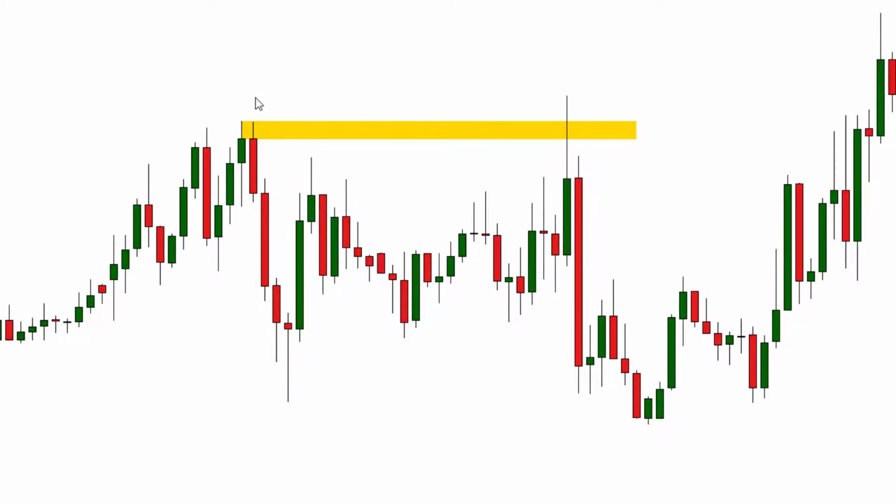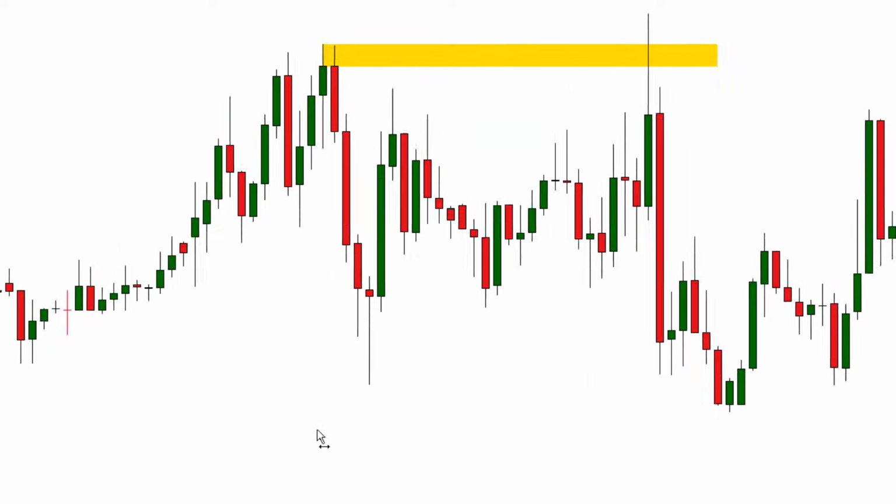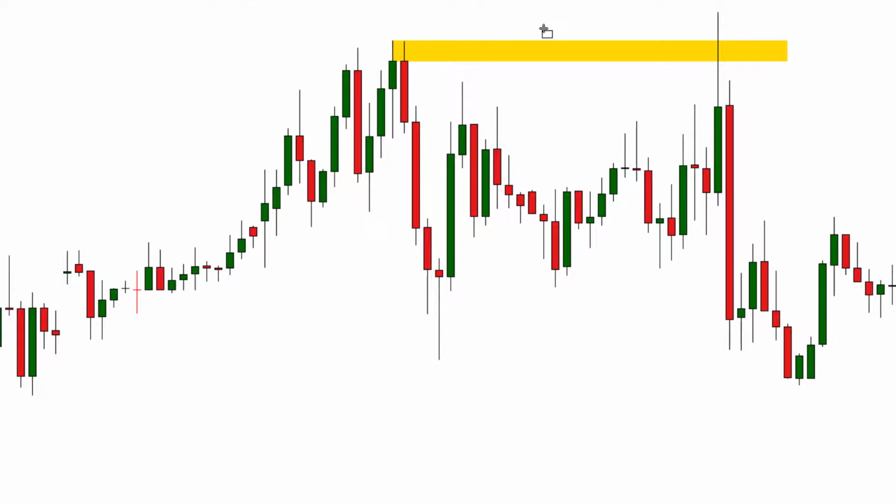Now it grabbed liquidity around this area before pushing down and reaching to this level. This looks like a rejection block too. This one, 1, 2, 3. The body of the candle is nearly equal, but the middle candle has the highest wick, and you can see